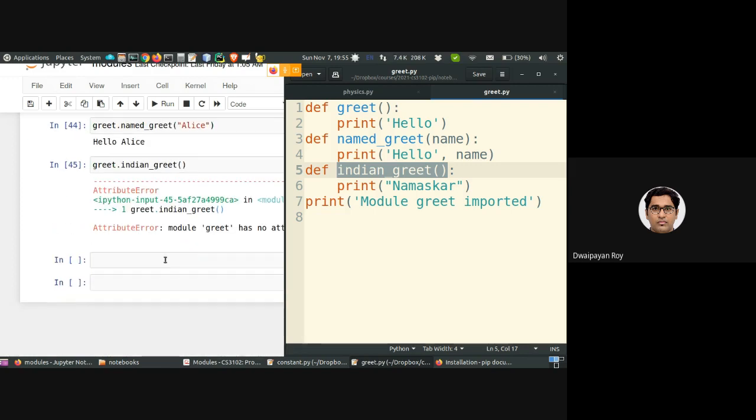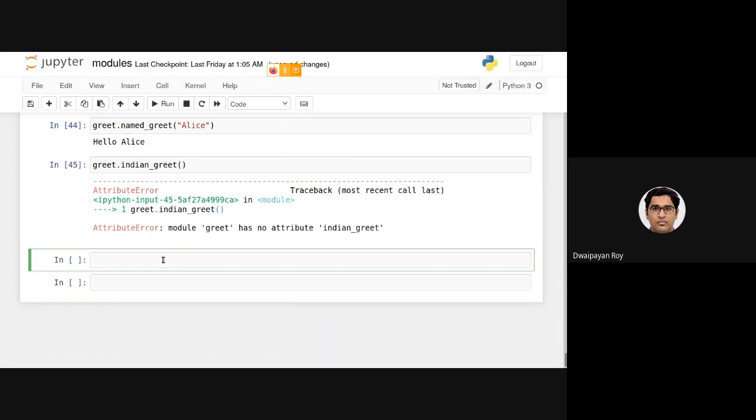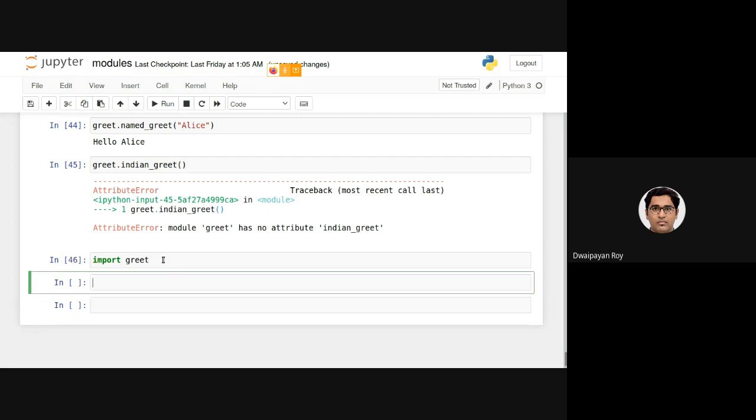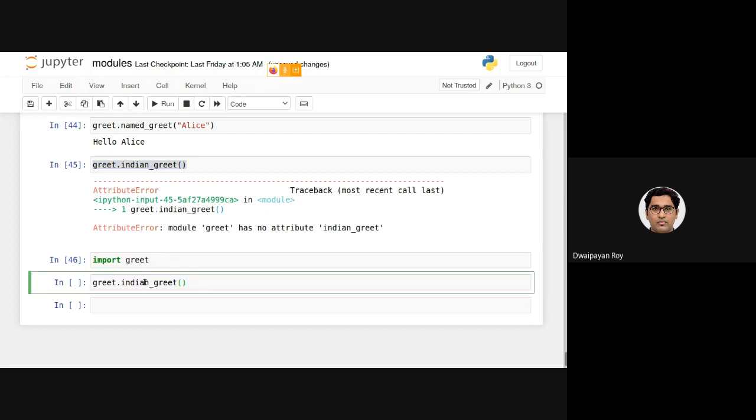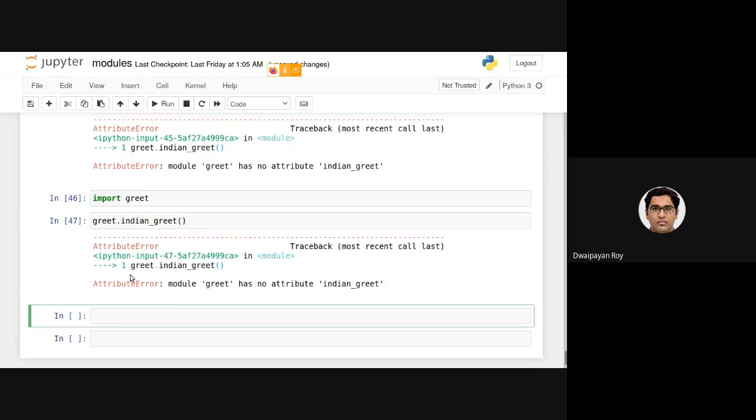To do that, one simple approach that you might be thinking of is to import the module once again. But that will not actually work. It will again give us this error.